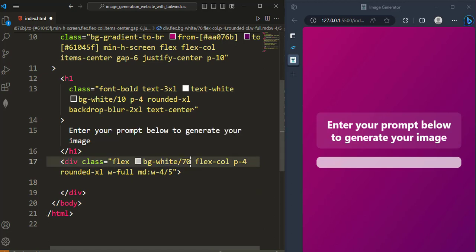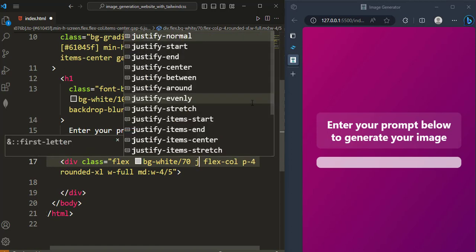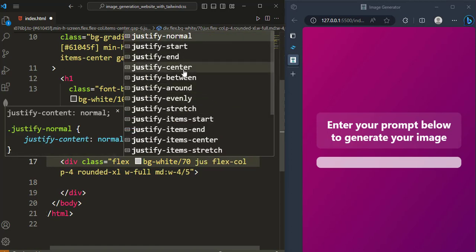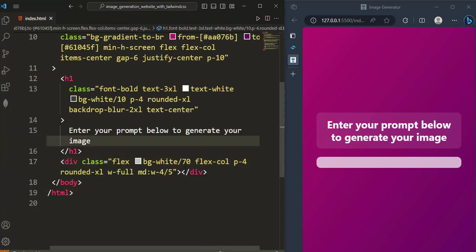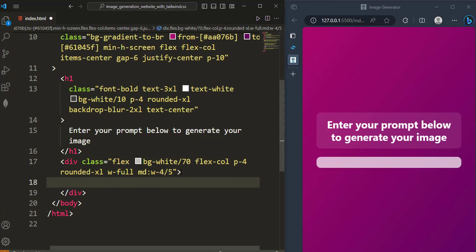I think we forgot one class. The justify between. Let me even show you why I'll make it justify between, so that it will be a little more friendly for the beginners. Yeah. And so the first one that we are doing is the prompt,